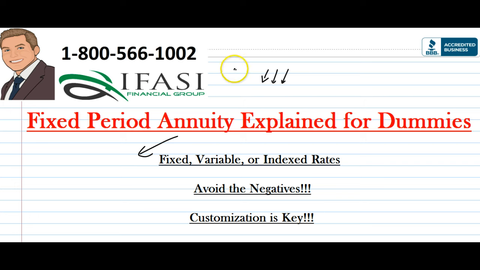So what we do here at Afasi Financial Group is we have affiliations with every carrier out there in your particular area. So whenever someone calls in and says, okay, I might be interested in an annuity, these are some of my goals, we're going to educate you first and foremost and see whether or not an annuity is correct for you. If it is correct, then we go through something known as the Retire Sharp planning system that allows us to go through over 1,200 different products, strategies, and companies before giving you the top 3 recommendations on what might work best for your situation. From there, we're going to explain the pros and cons of each and which one would correlate best for your goals.